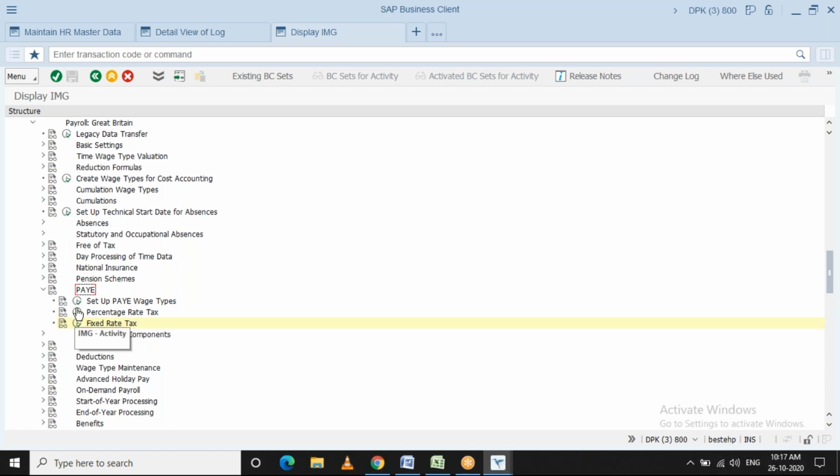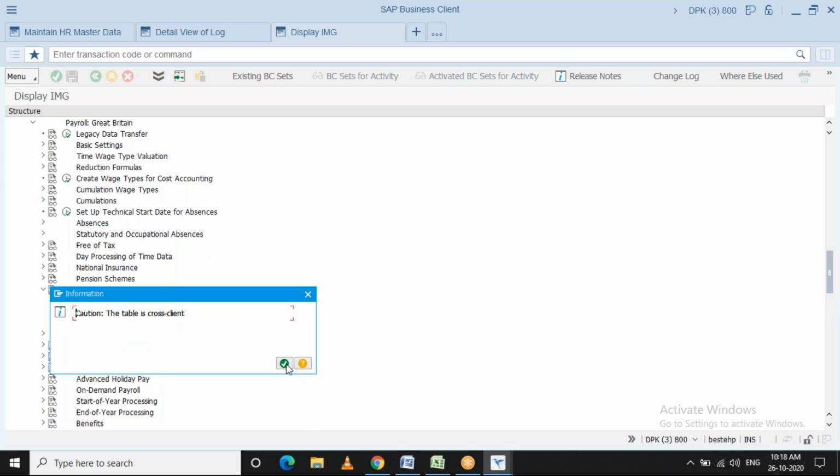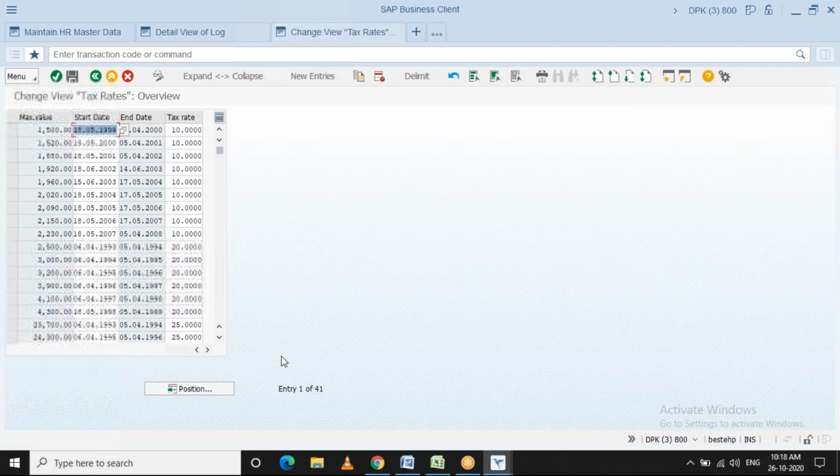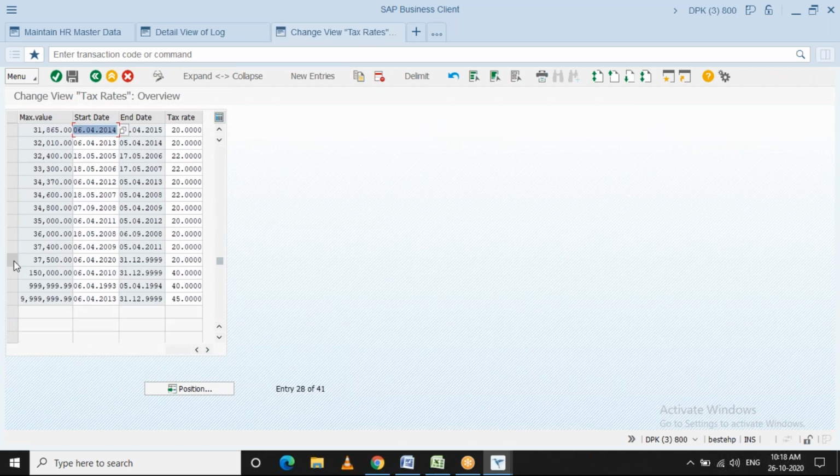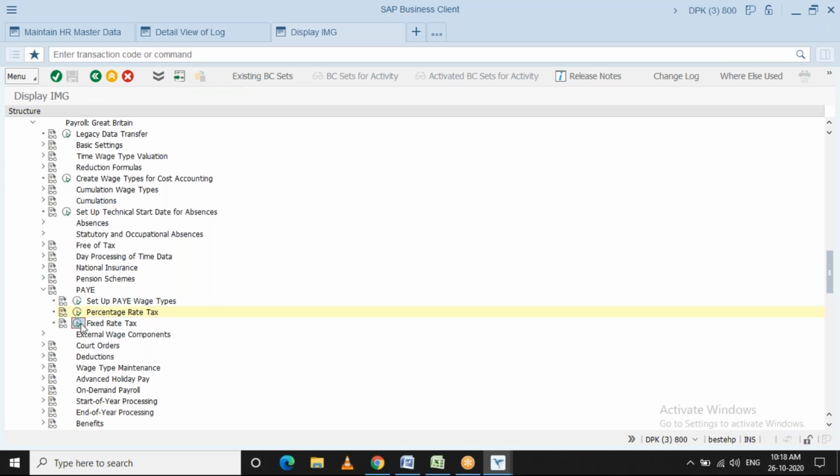This is the place where all the new slabs and details are stored in the system. For example, we were discussing 37,500, right? For the latest figure, 20% is updated here, up to 1,50,000 it is 40%, and above 1,50,000 it is 45%. This is the table where the tax slabs are stored.